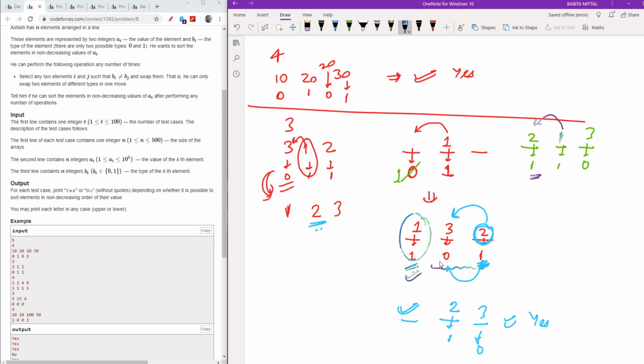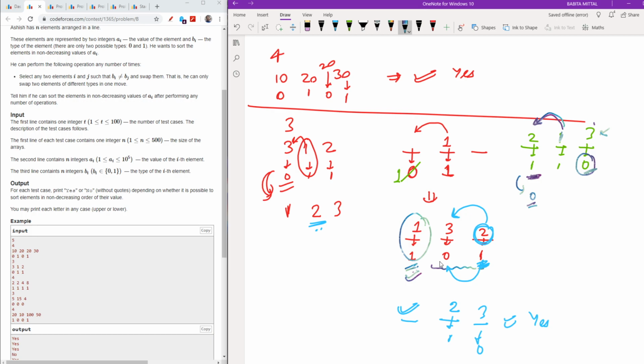So what I will do, if I know that I have a 1 0 in my array, it means I have a value whose bit is 0, then I will first of all place that bit here, which means I will make it something like this, which means the 3 will come here first of all, and then I will swap my 1 with this.